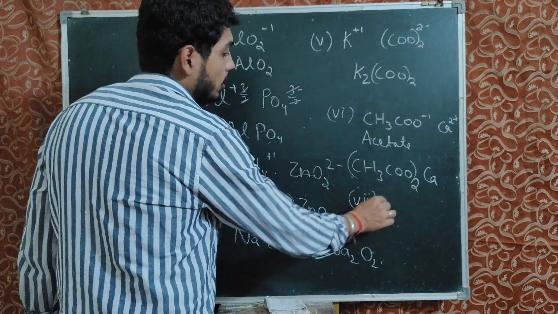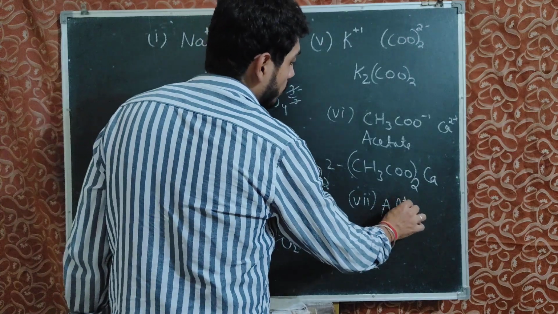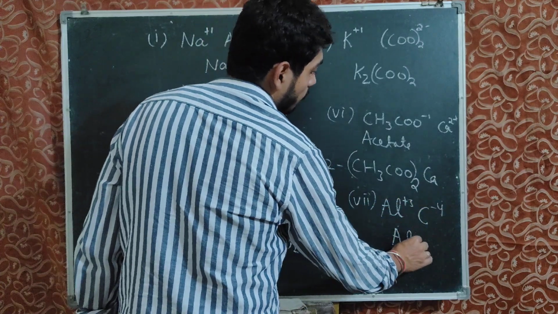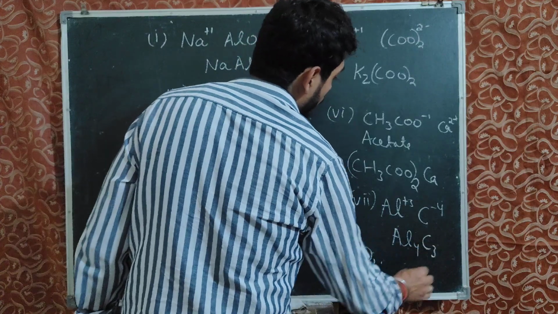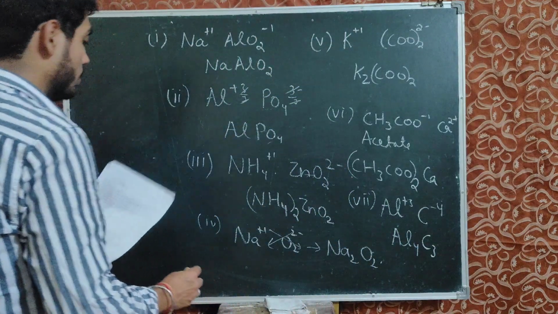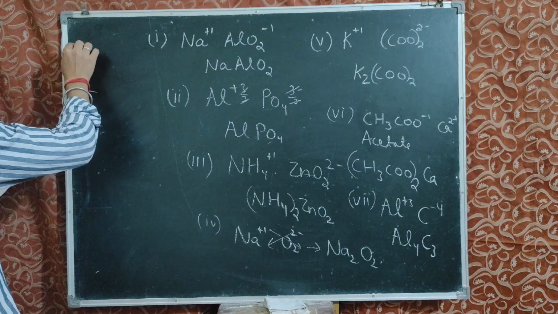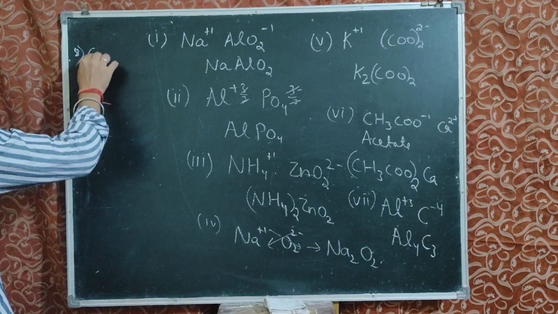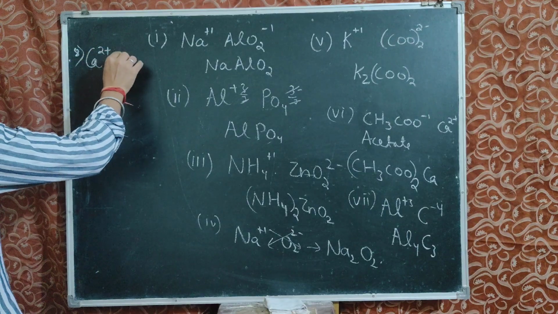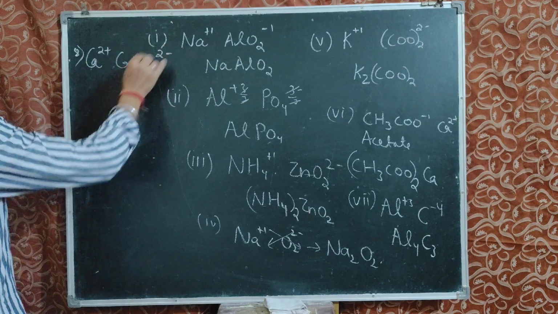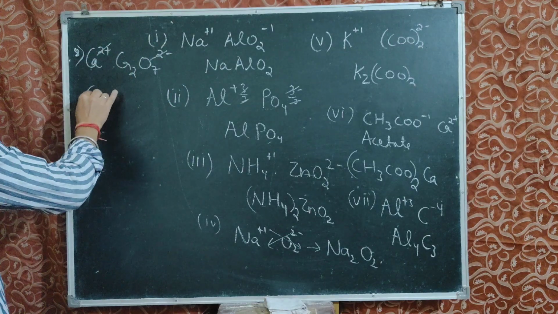Seventh, aluminium carbide. Aluminium shows a valency of +3. Carbon shows a valency of -4 in carbide. So what is the formula? Al4C3. This is aluminium carbide. Eighth, calcium dichromate. Calcium is Ca2 plus. Dichromate is Cr2O7 2 minus. This gets cancelled. The formula is